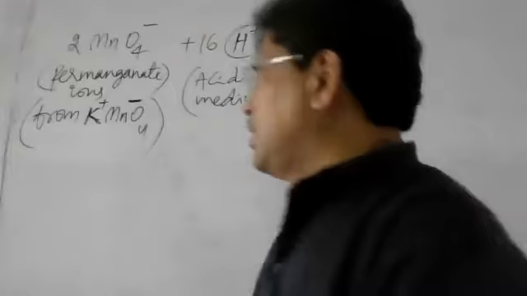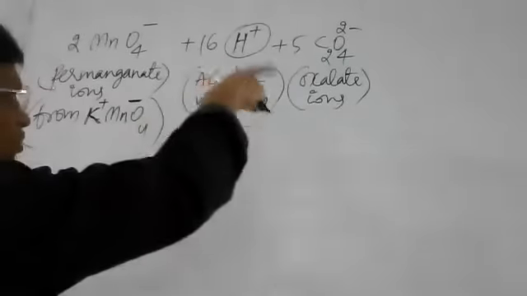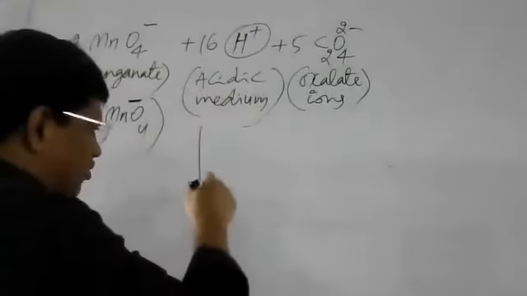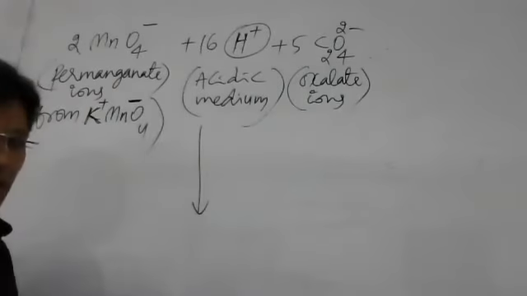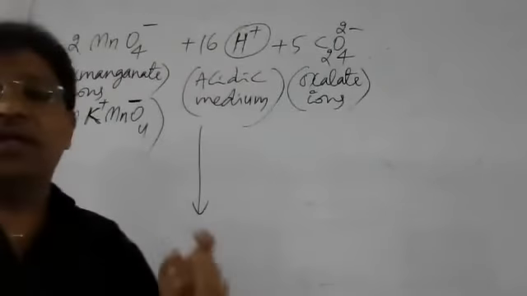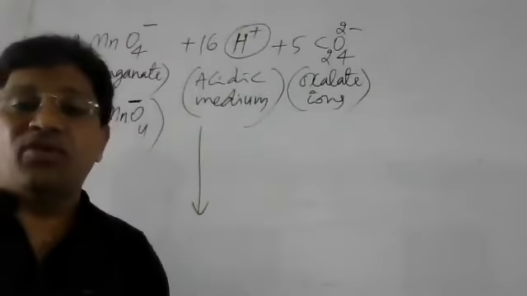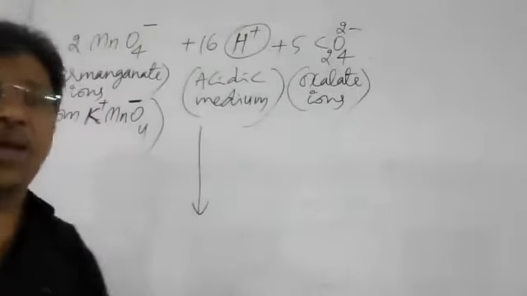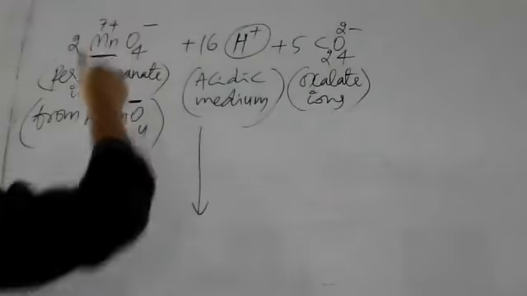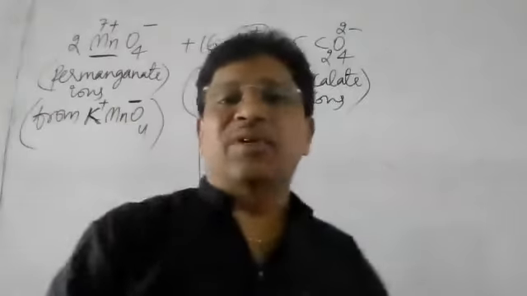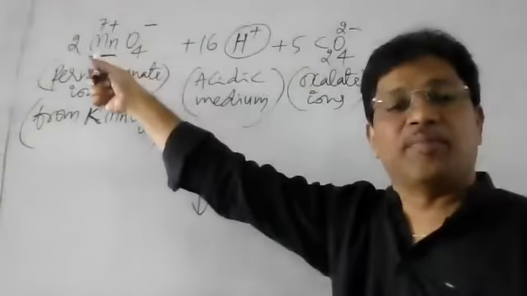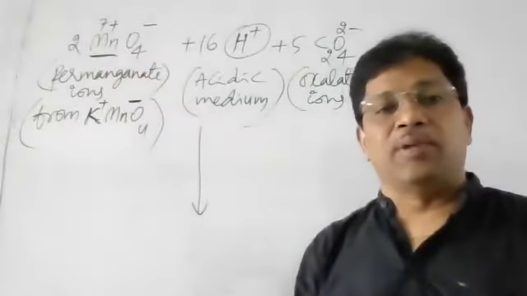Okay. So in this reaction, these are the reactants. These reactants will give rise to products. Now what will be the products? We have to understand. Generally, in MnO4 minus, what is the charge on each manganese? The charge on manganese is +7 here. Okay, Mn +7 is available there.